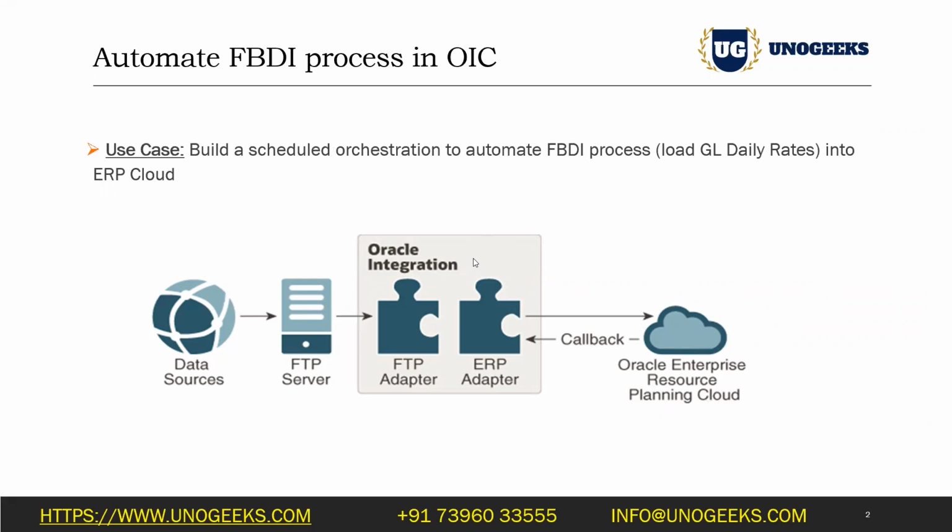The OIC automated integration gets kicked off automatically, loads the file in ERP Cloud. After the file is processed successfully in ERP Cloud, the ERP import bulk data event gets triggered. And for that business event, we will create another integration called the callback integration. And in the callback integration, we will subscribe to that business event. Okay, and in the callback integration, we will do the post-processing actions like archiving the file and sending out notifications or capturing the log and output files of ERP jobs, or the jobs that are kicked off in ERP Cloud.